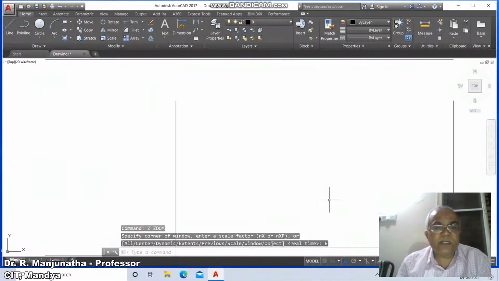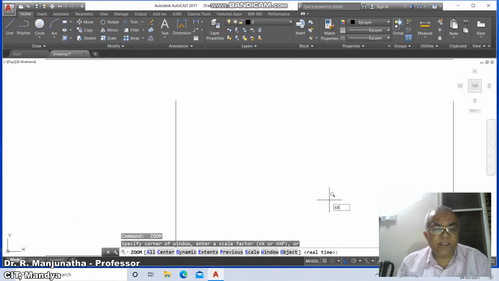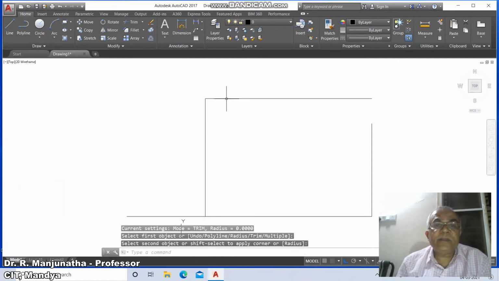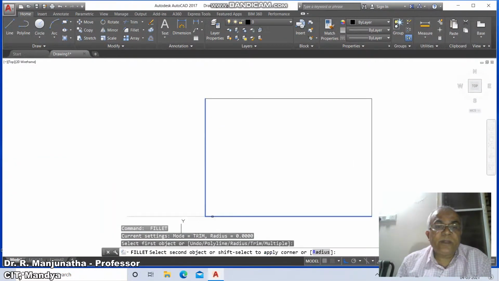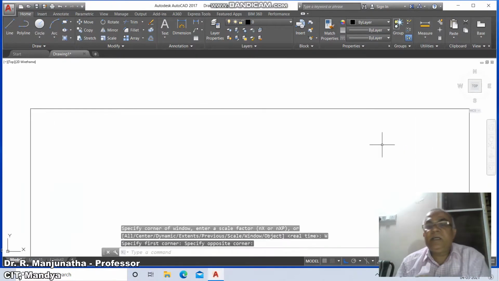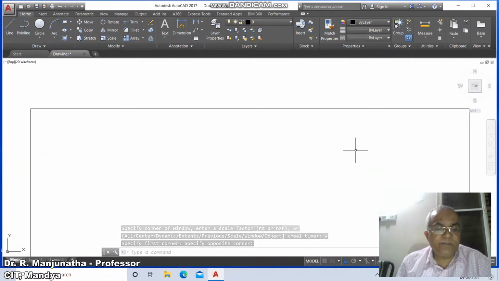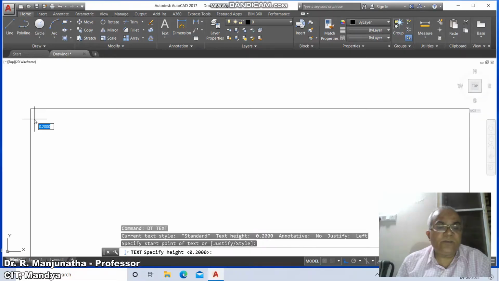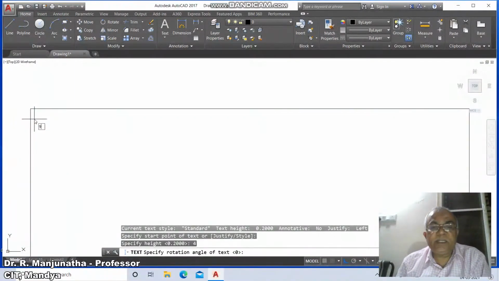Then go to zoom extend and zoom 0.6x. Then go to fillet between this line and this line. Similarly, fillet between these two and fillet between these two. Then go to zoom window. You select this and here you take the dtext command. Type dt, dtext. So here the height as 4, the rotation angle as 90, so rotation angle is 0, and here